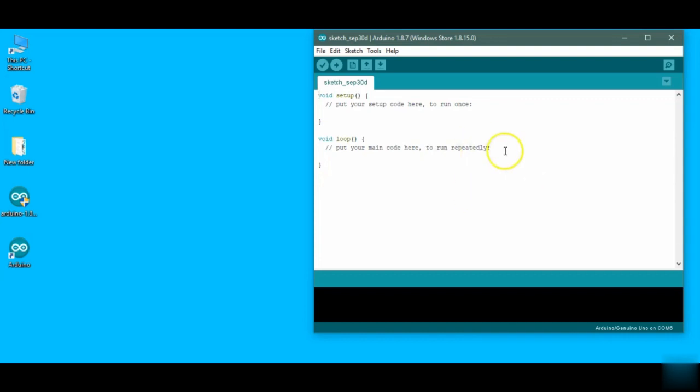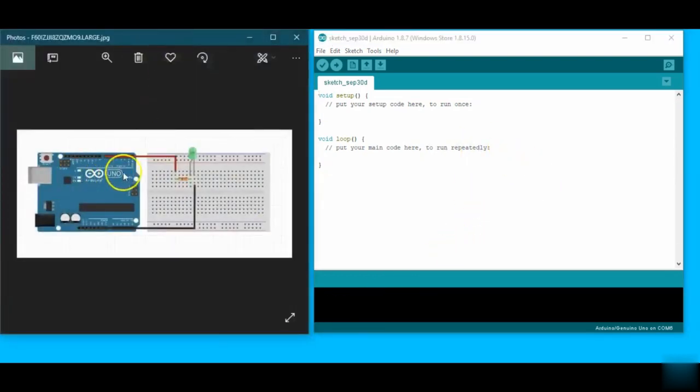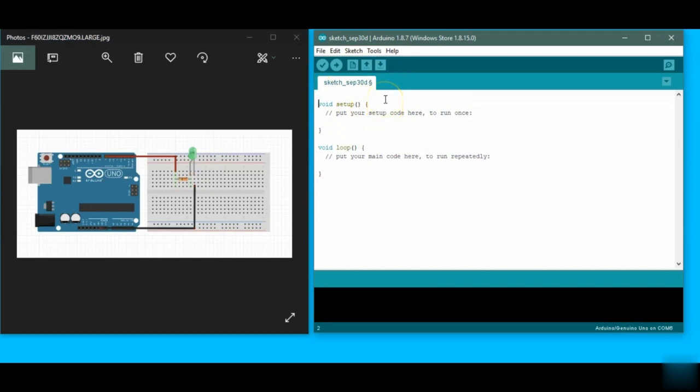We are just going to build a simple setup in which we will use an LED and glow it using Arduino. The LED glows for 1 second, then stops for 1 second, and then again glows for 1 second. So for that we have a new editor window here. So in this,